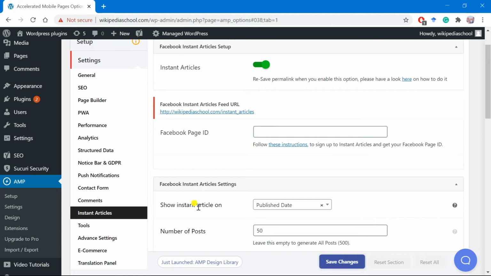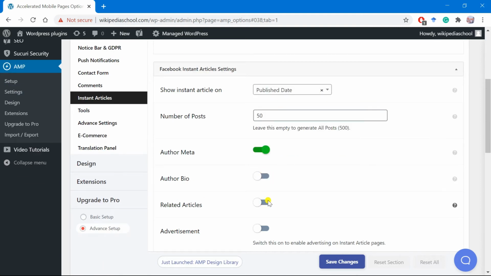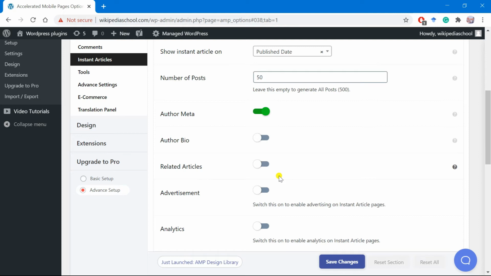Then you can also adjust the settings of instant articles: publishing date, number of posts, author meta, author bio. You can activate any of the options according to your own requirement. If you are using advertisement on your instant articles, you can also turn it on. Otherwise, click on Save Changes.